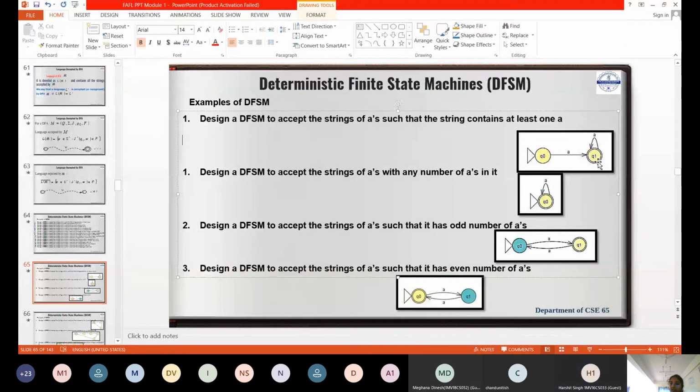So if, from Q1, I give A to Q0, what is the length then? This is one A, this is one more A, correct? At that time, am I in the final state? No, you're not. Only if Q0 is also a final state. If Q0 is also a final state, it accepts 0 A's. So that's what I'm telling you.